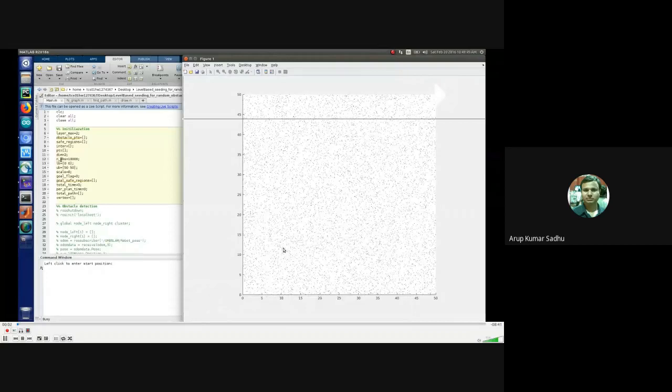The bottom one, that is the 0, 0 position. The algorithm was exploring the environment.